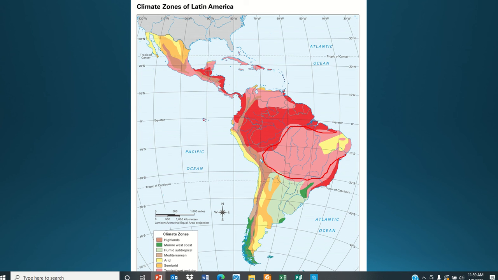That's an area where it's a tropical savanna climate. Abundant rainfall, hot, but it has a period of dry season. And again, remember, we have the Tropic of Capricorn right here, the Tropic of Cancer up here. All the tropics are basically in between these two.